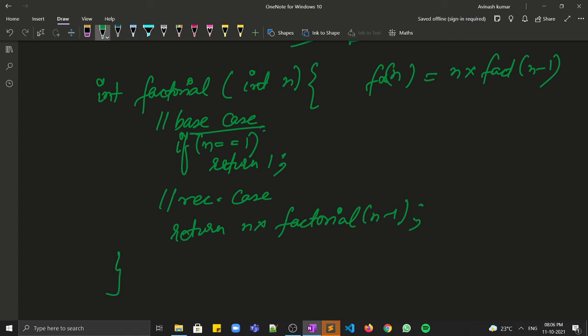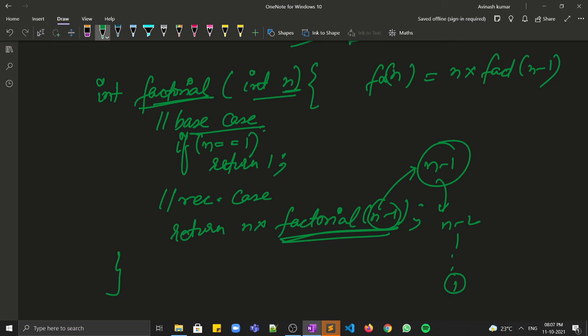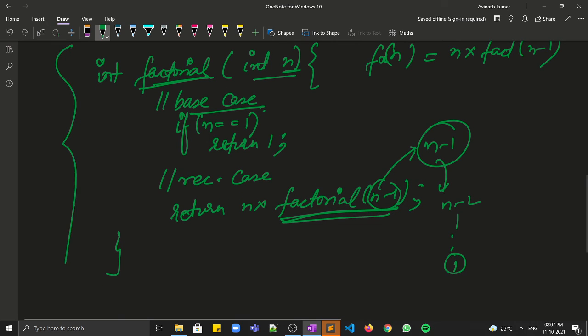In this way our factorial function gets written. Here you can observe it is a factorial function, and it calls itself on a smaller input, which is n minus 1. Initially it was n, right? In the next call it will go to n minus 2 and so on. I hope how the recursion works is clear.